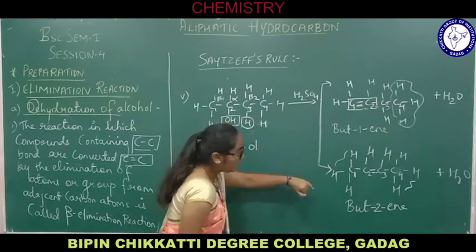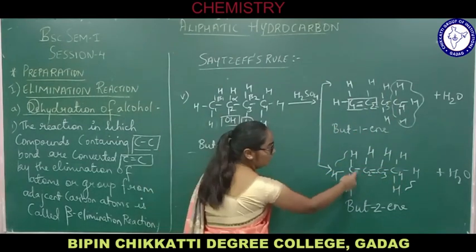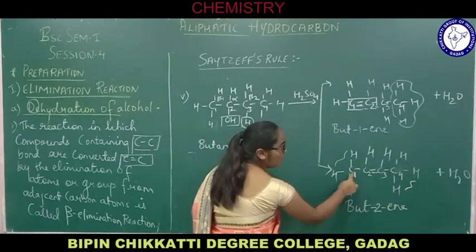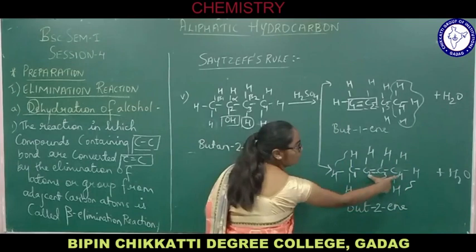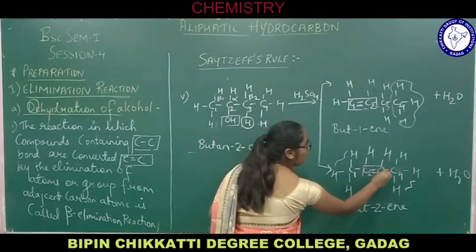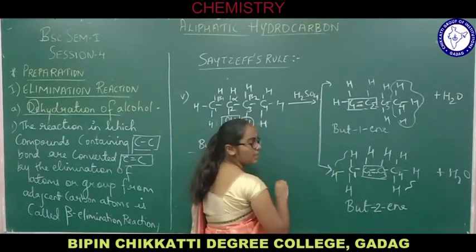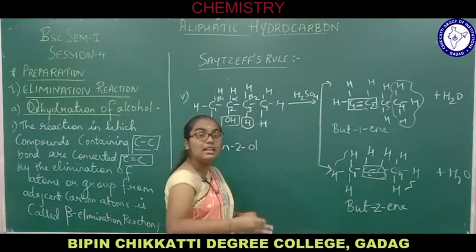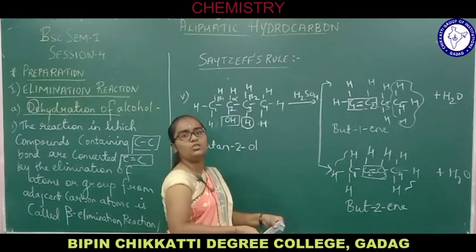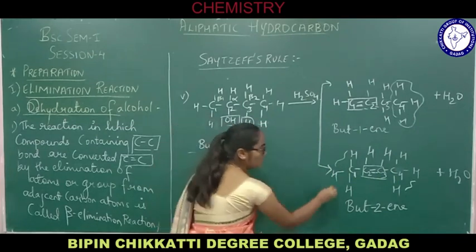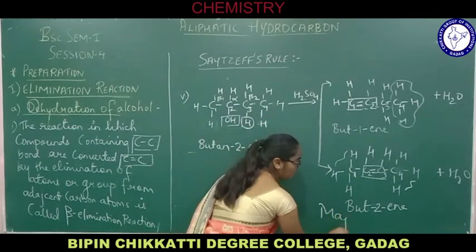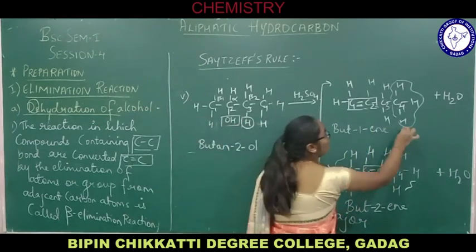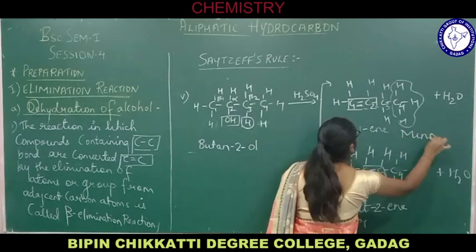Now in the second product, here CH3 is there, and here again CH3 is there. So carbon number 1 and carbon number 4, you just focus over here. Carbon number 2 and carbon number 3 are the double bonded carbon atoms. So carbon number 1 and carbon number 4 are having alkyl groups, they themselves are the alkyl groups. So this product is the major product. Yes, but-2-ene is considered to be the major product, but but-1-ene is considered to be the minor product, and